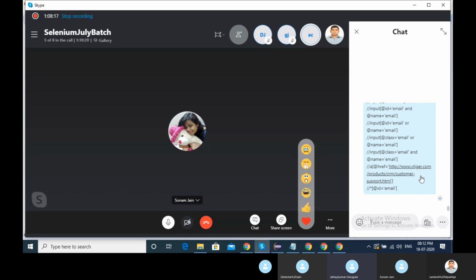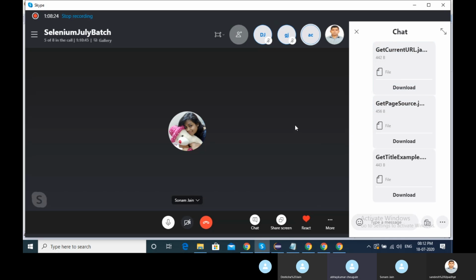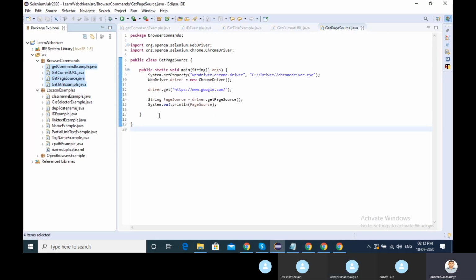Sandesh, one quick question. Why do we need get page source? Is it really helpful anywhere? I just wanted to know the scenario where we need this. Okay. Generally, we don't require get page source, but we have that command. Generally, we use get current URL and get title for verification purposes. In our scenario, we don't require the page source itself, but we have the command, so I just taught you. I didn't use any framework or anything which requires the page source itself.